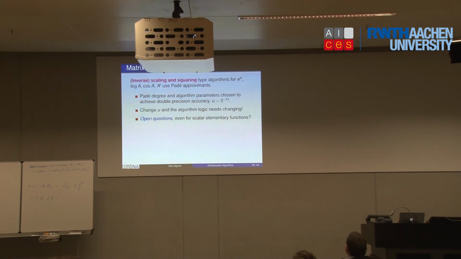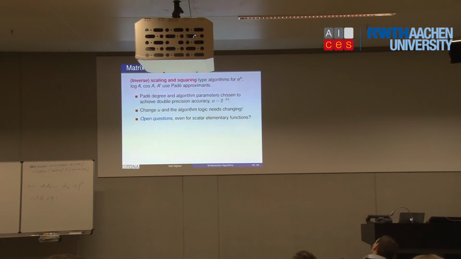Matrix functions, so this is something I've worked on quite a bit, as Paolo mentioned. There's quite a few algorithms for things like the exponential, the logarithm, trigonometric functions, matrix powers that use Padé approximants. So Padé approximants are an analog of Taylor approximants, but they're rational functions. Remember, a Taylor series is a polynomial approximation to a function about a given point, typically the origin. So e to the x can be approximated by 1 plus x plus x squared over 2, that quadratic polynomial. Padé just uses a rational approximation, but with the same property that it's good near the origin.